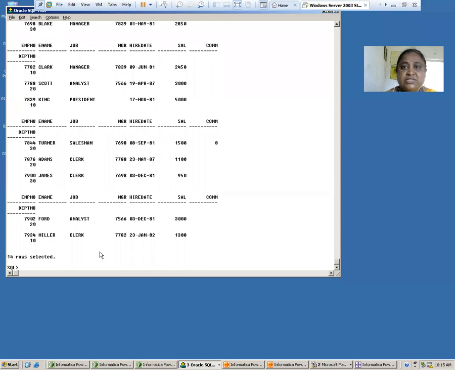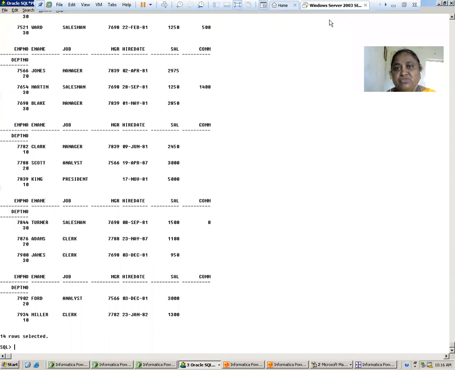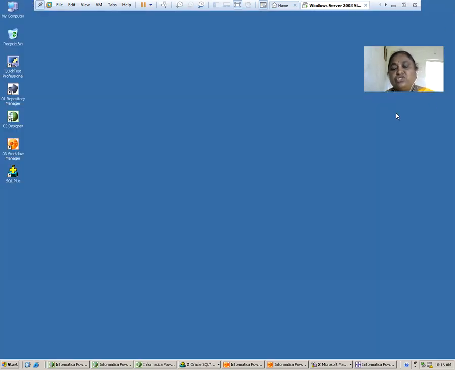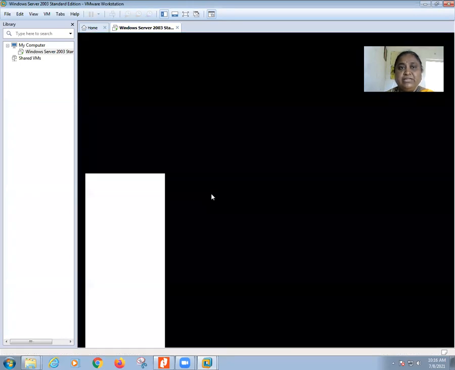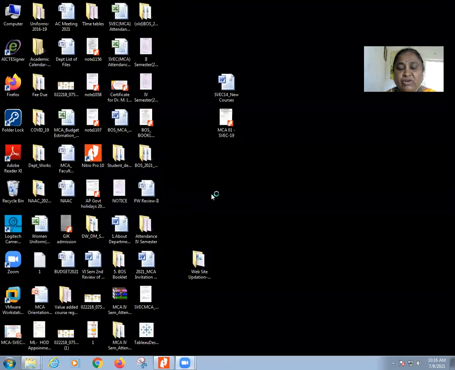Clear? So this is a complete experiment where you have a simple transformation of records from source to the target. So what I am doing, I have closed it. It is asking to power off, so I click on the power off button. Immediately my virtual machine is switched off and I come to my normal regular operating system. Right? And likewise,